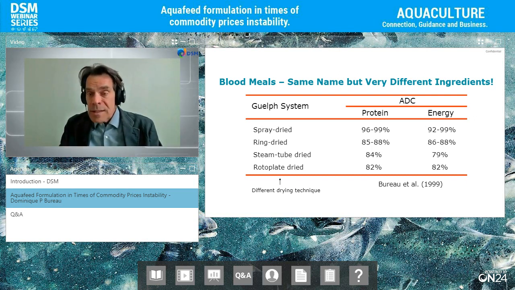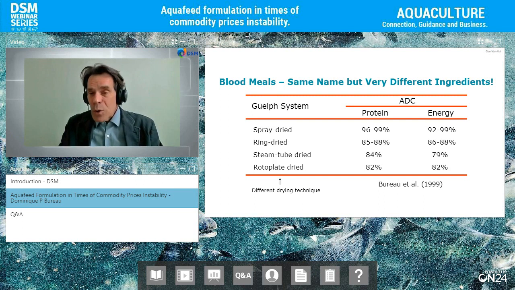And I've seen this even in Latin America. So you really have to be worried about this. If you're buying blood meal, it's really important to know the quality of that meal, how it is produced. But even the name of the drying system may not tell you a whole lot about the digestibility, except when you're dealing with spray dry, which is in general always very high quality because of such a gentle drying process. So you cannot simply look at the name of ingredients, you really have to understand that ingredient.